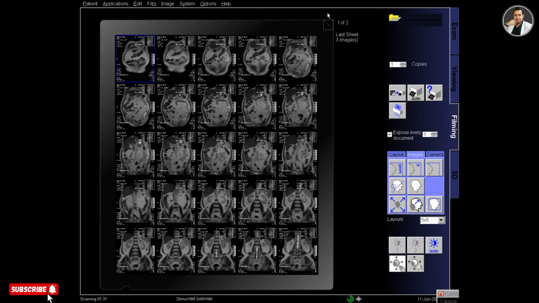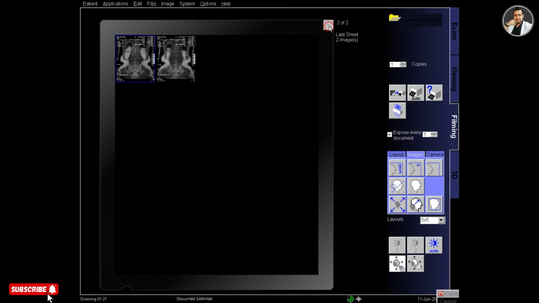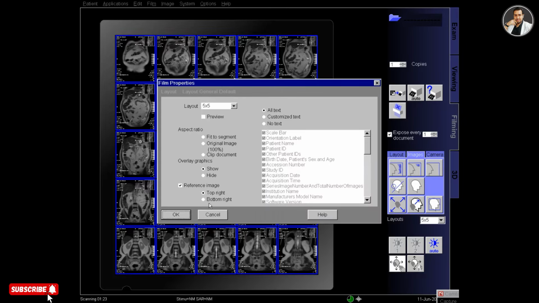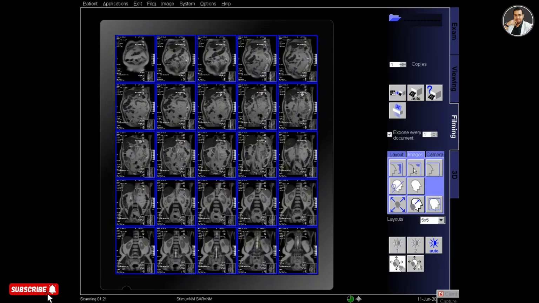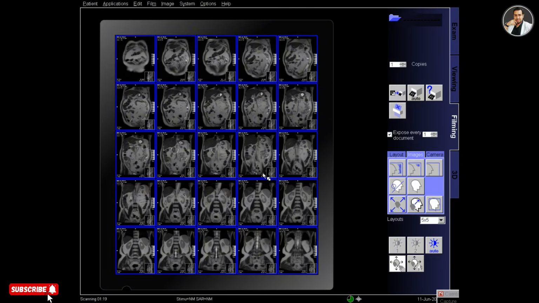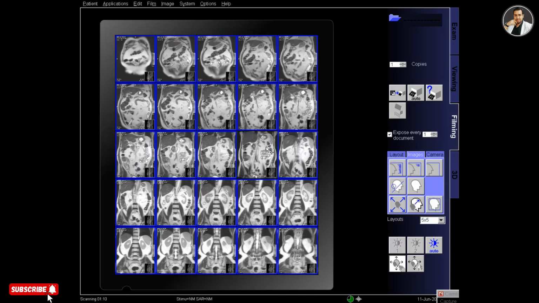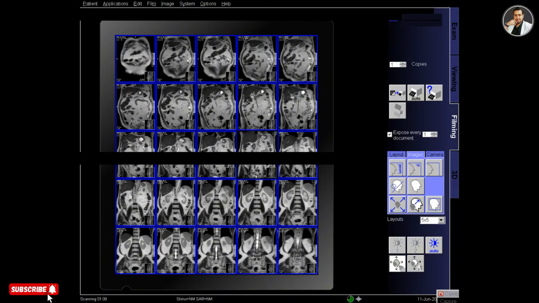You have to delete 5 images from the anterior and from the posterior side, and place the reference image at the bottom, at the left bottom corner. Adjust the window